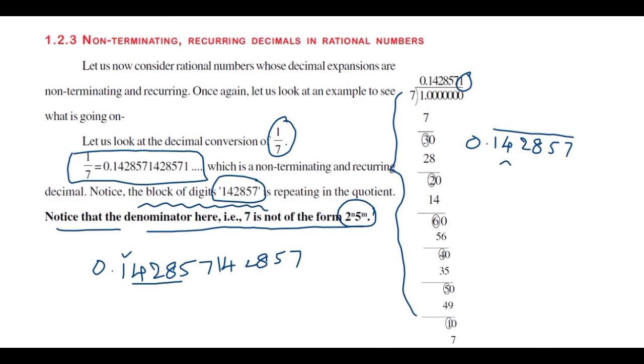7 is a prime number, and how can you divide like 2 to the power of n and 5 to the power of m? So that this is non-terminating repeating decimals. Okay, so already in the previous classes you learned when you divide like this. So when you have digits like 142857, we have a name for them, that is called a period. Correct? Period and periodicity. So what's the period here? 142857 is called the period, but here at present we are calling that one the block of digits, right?